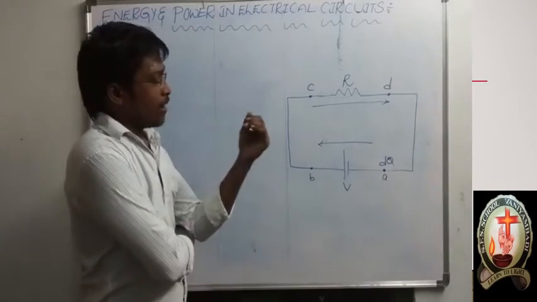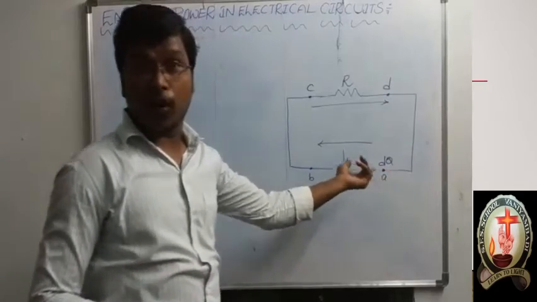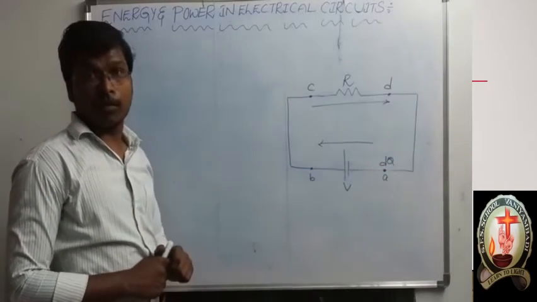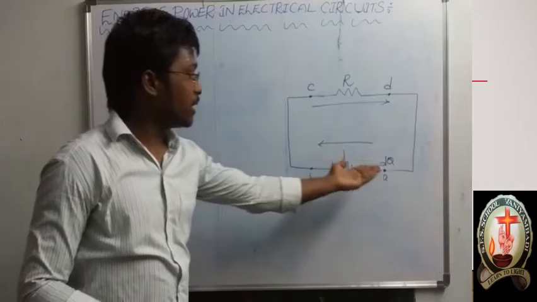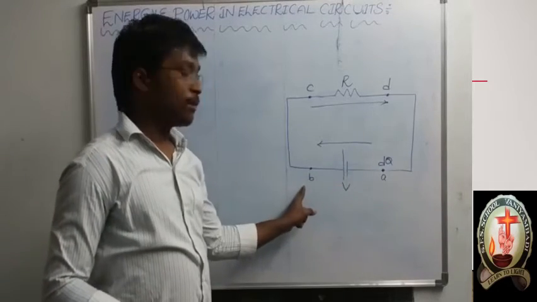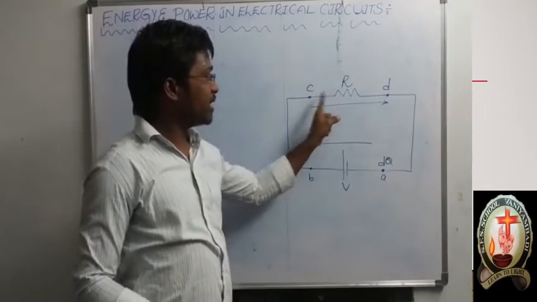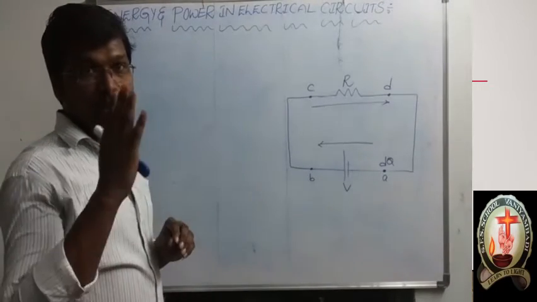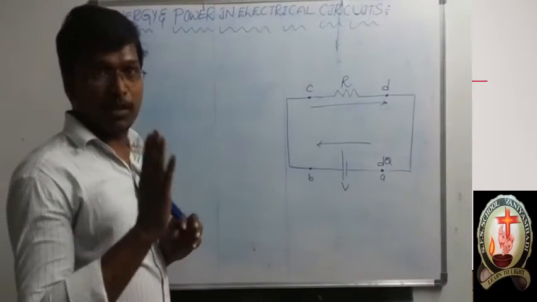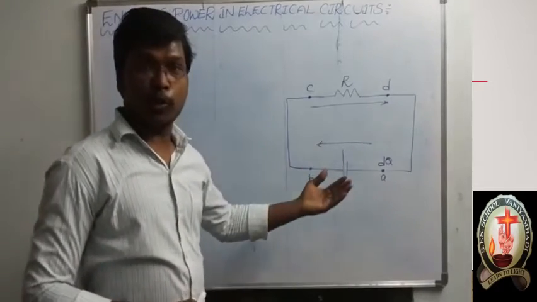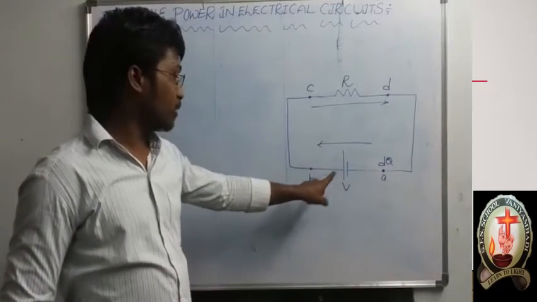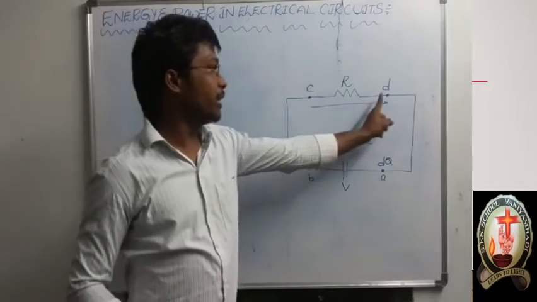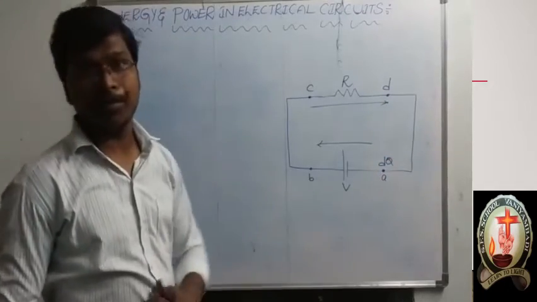Here, usually this charge, what is it doing here? This charge is moving from A to B, correct? At the same time, this charge is moving C to B. I told you in the fourth point. Remember that fourth point. What is that fourth point? This charge dq is moving here A to B, at the same time C to D, and again it is reaching point A. Okay.